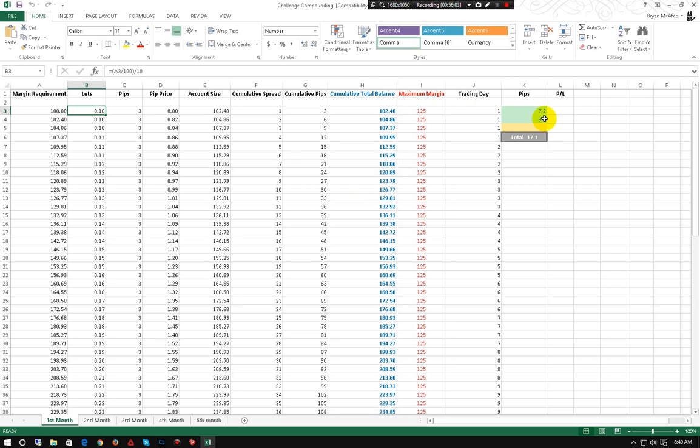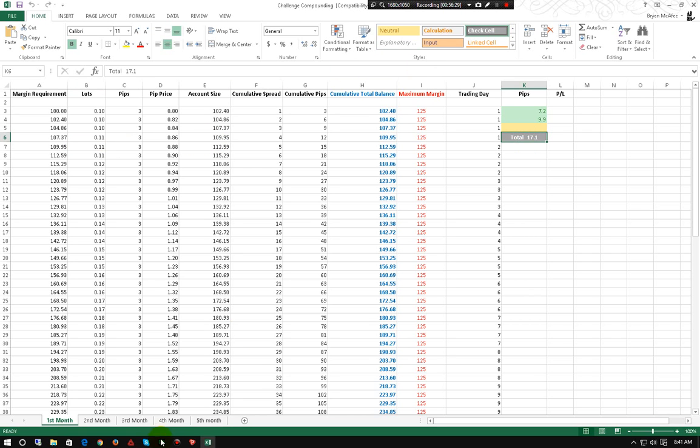Basically, I did 2 trades. I did a trade for 7.2 pips, and a trade for 9.9 pips. That was a total of 17.1 pips. I was done for the day. So tomorrow I come in trading 0.11 lots based off of a $100 account. This is why I want you to use that $100 account. Once you're done for the day and you hit your goal, you turn that account off.